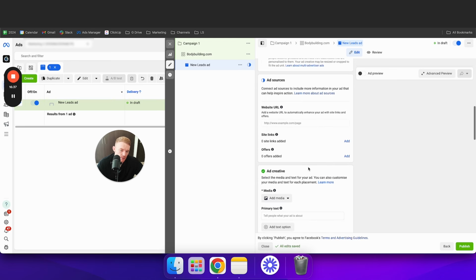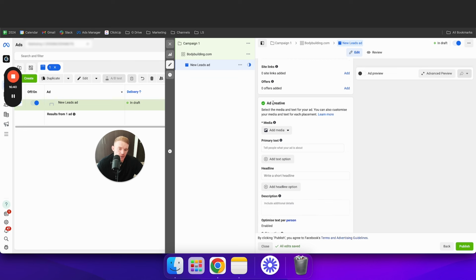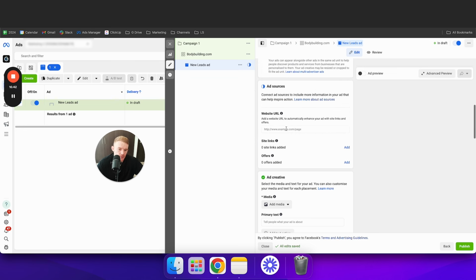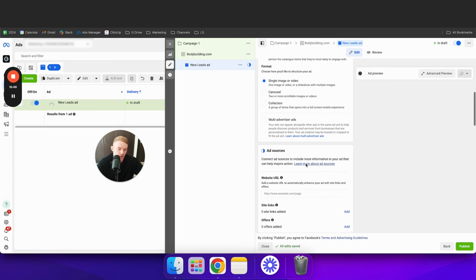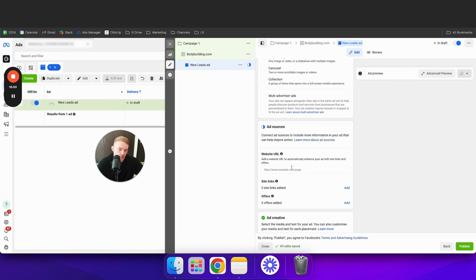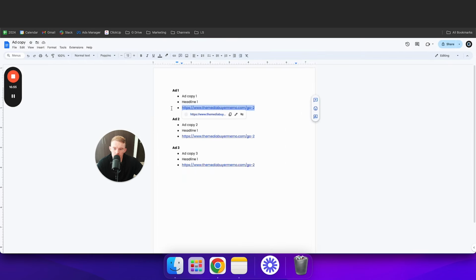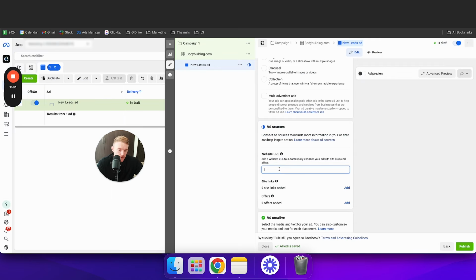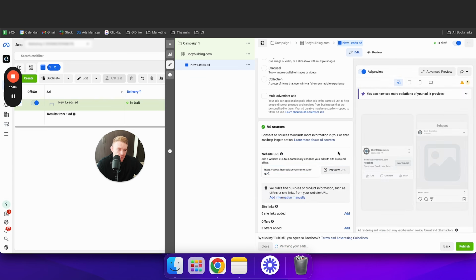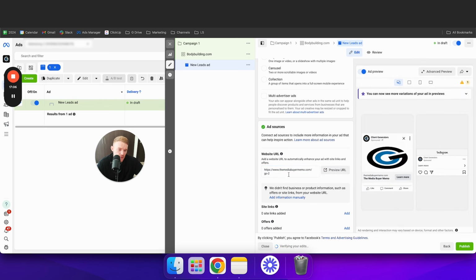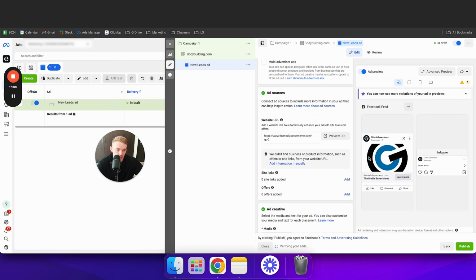And now you're going to scroll down to the ad creative. We've actually switched this around recently. This used to be below. But what you want to do actually first then, because it's in line, is you want to set up the website URL. So you want to set up wherever you want the ad to send people. So if I go here, I'm going to send people to the media buyer memo, and I'm going to plug it in here. So this is going to be the link that the ad sends to. So you can see as soon as you start inputting information here on the right-hand side, it's going to start generating a preview. So right now, if someone clicked this Learn More button, it is going to send them to